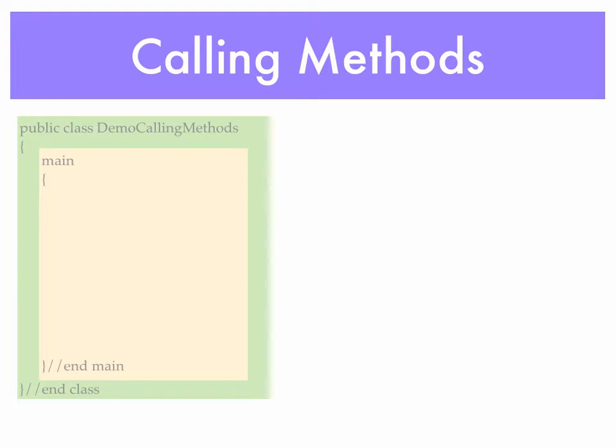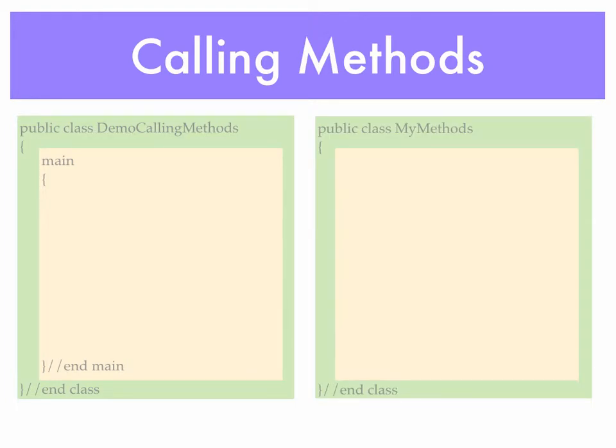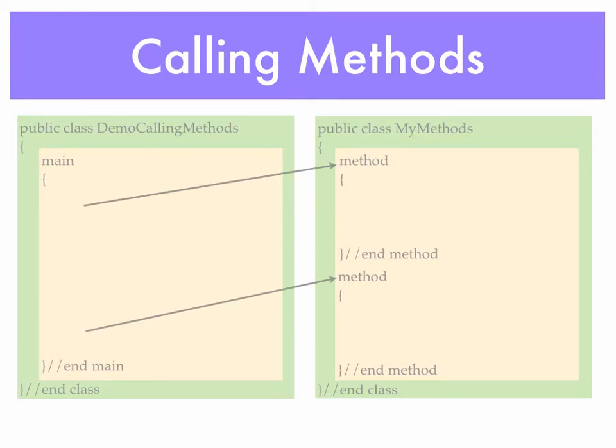Let's assume that I have a class, DemoCallingMethods, and it has one main method. Let's also assume that we have a class, MyMethods. At this point, there's nothing in it. Let's create in the class MyMethods a method and then another. So I'll have two methods here in the class MyMethods. I intend to call those methods in MyMethods from within DemoCallingMethods, from within the main method in